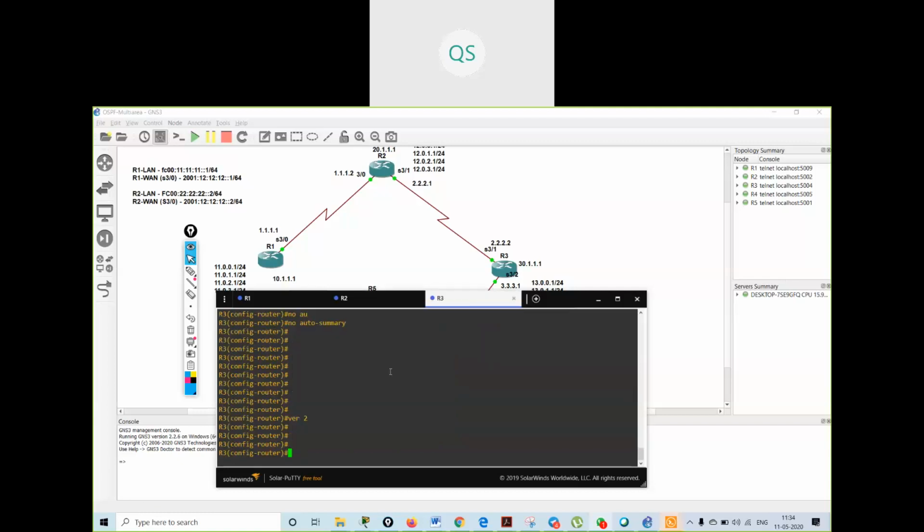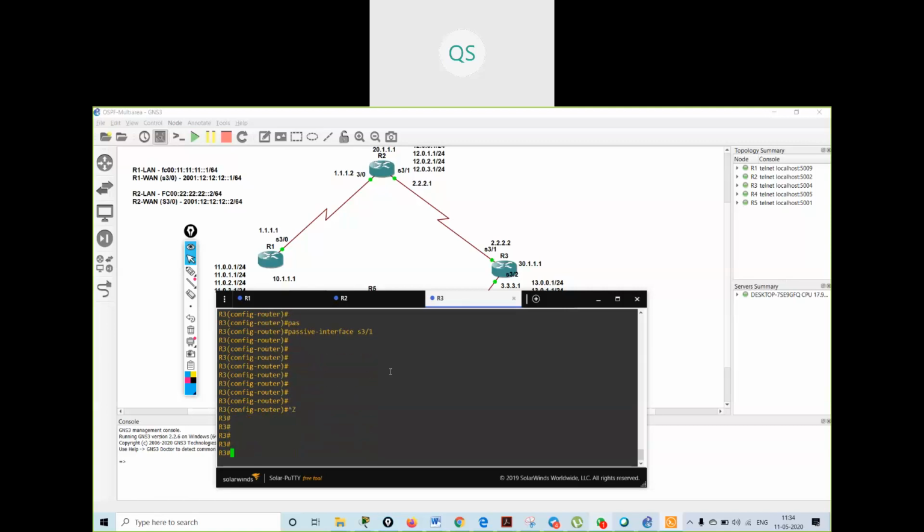I will go on R3 and say interface serial 3/1. Sorry, I don't have to go inside the interface. I have to go inside router RIP and say passive interface serial 3/1.